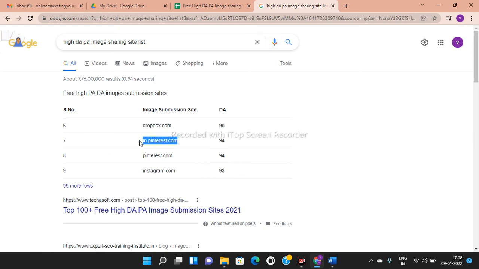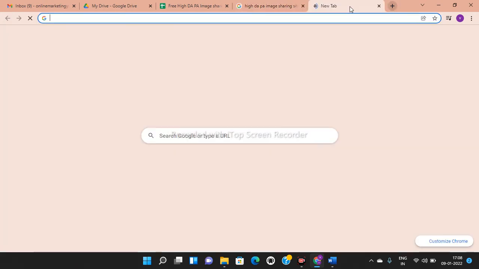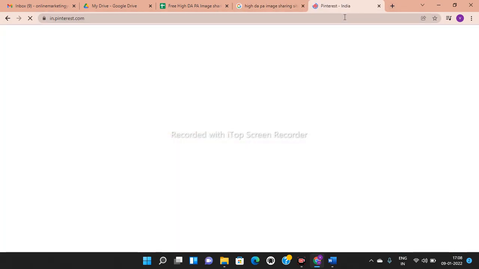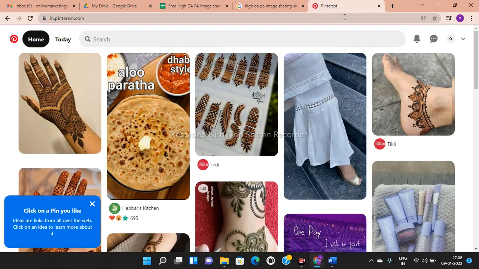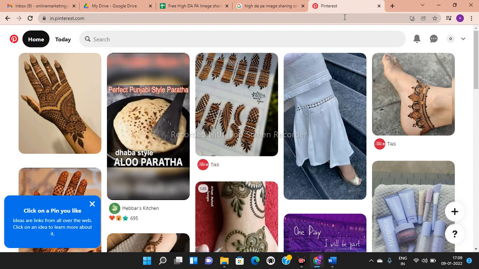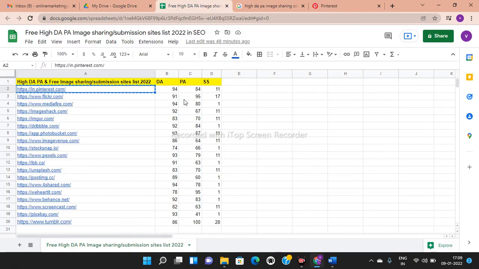In my last videos I have already shared with you, for high authority backlinks we have to select the sites which have high DAPA and low spam score. High DAPA means it should be greater than 20, and we can consider 35 plus, and spam score should be less than 20, right? So here you can see DAPA is 94 and 84 and spam score is 11.